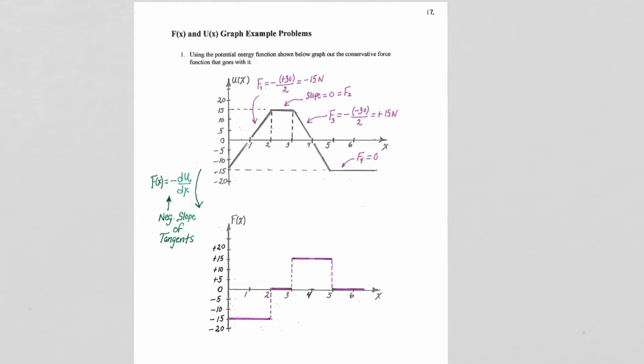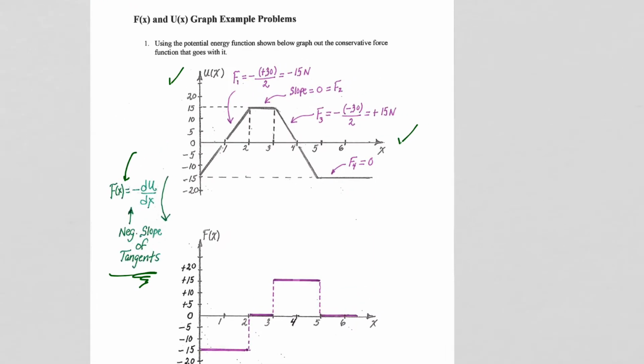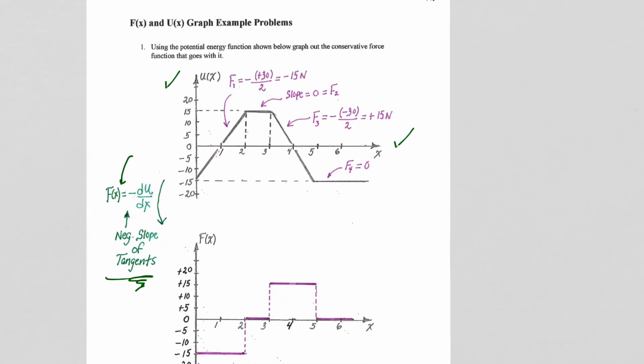Here, if you were given this U of x as a function of x graph, you need to know your equations, and you need to know how your equations translate to the graphs. So F of x equals negative dU/dx, so that means I'm taking the negative slope of the tangents. So this is where the pesky negative can get in the way. If we take the slope of this first section of our problem, that slope comes out to be 15, but that pesky negative makes it a negative 15,